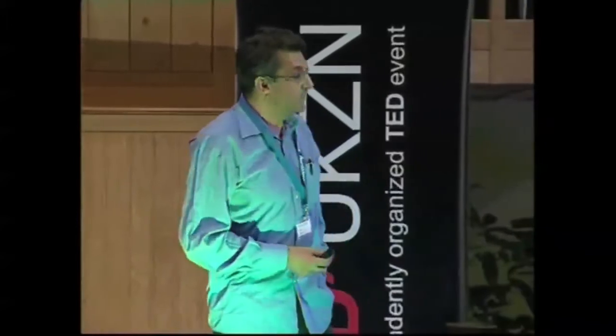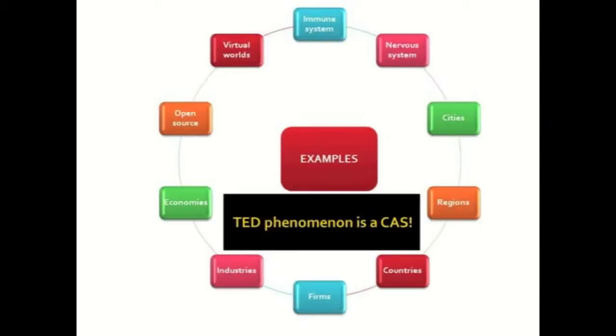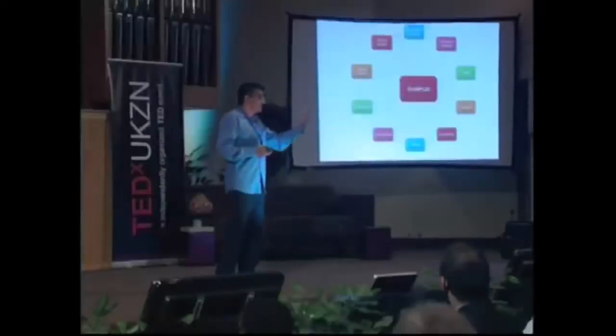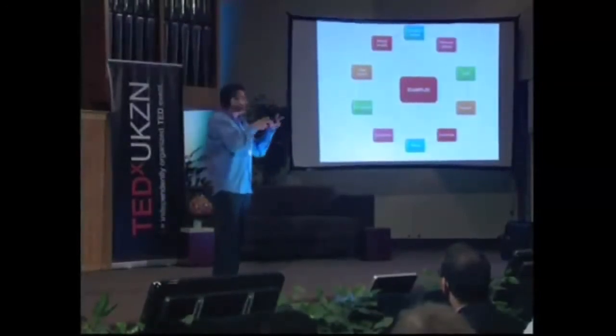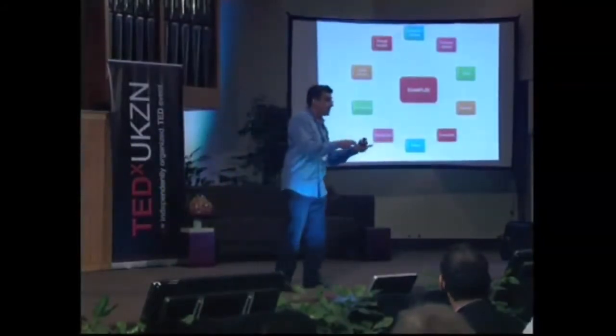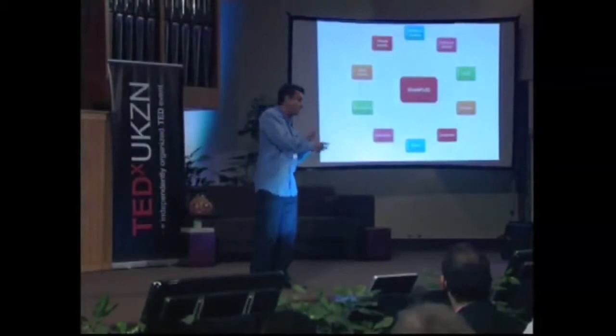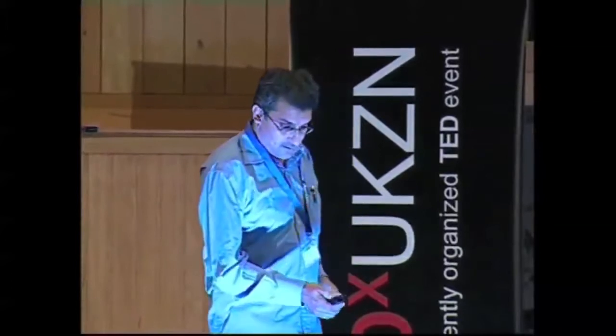Some examples of complex adaptive systems: we've got physiological systems, cities, regions, countries, firms, economies, industries. These are all complex adaptive systems. The open source movement is a very good example, and I see later in the day Craig and Rosemary are going to be talking about this kind of stuff. That's quite intriguing because in some of these virtual worlds you have avatars which are agents, and then you have the human actors who are agents as well, and that gets even much more complex. In fact, in a sense, the TED community is a complex adaptive system. It's through bottom-up interactions that we have the outcomes of what we see from TED.